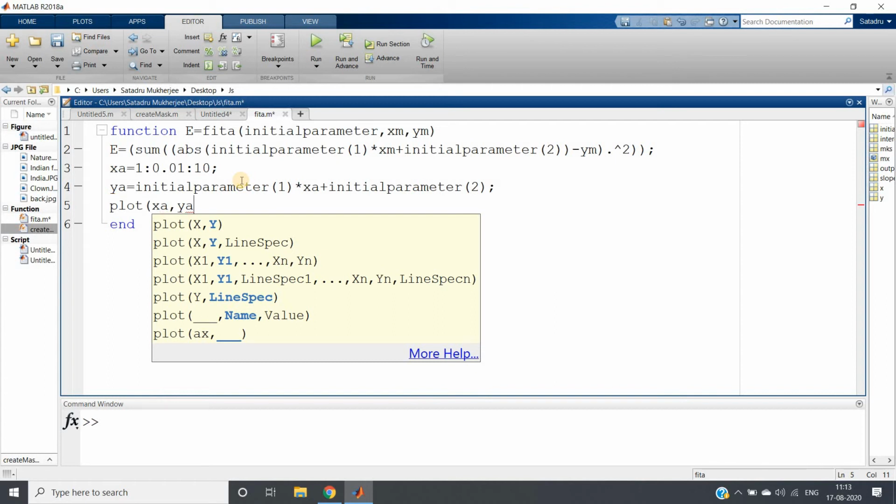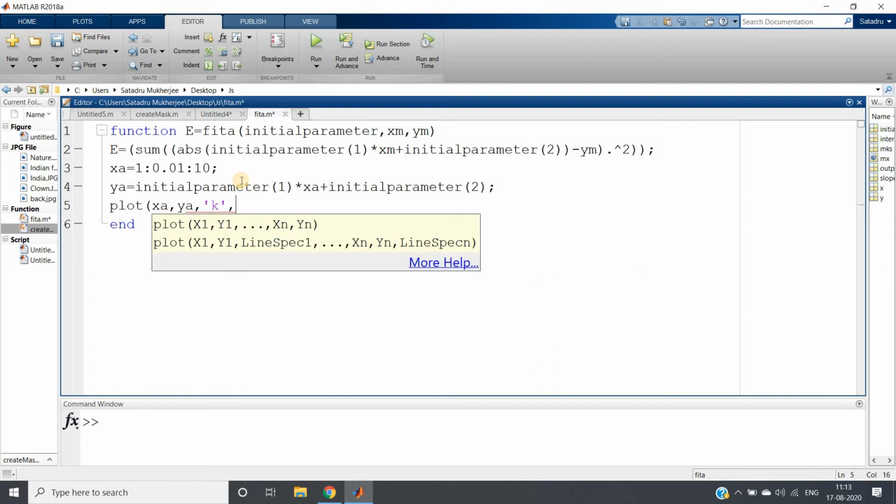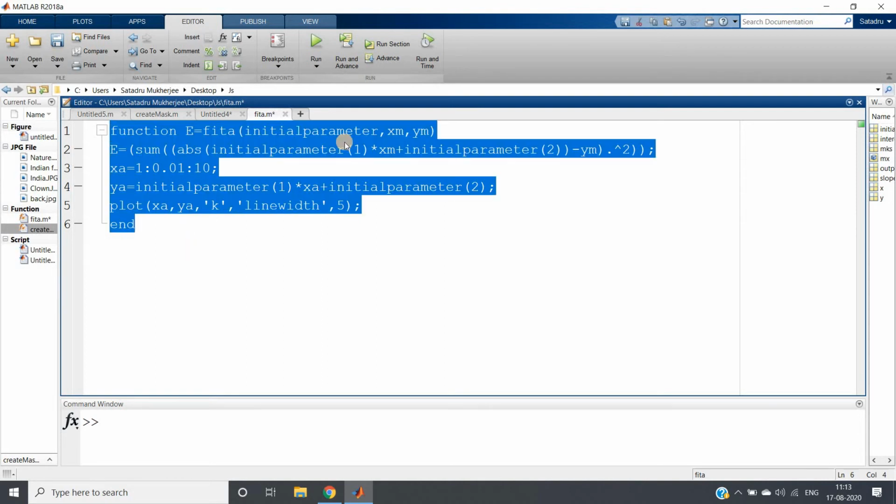Maybe I can give black color with line width as maybe 5. All right, and here what will happen, once the whole execution is done, once fminsearch will find the minimum for this mean square error, then only it will plot if you don't give anything else.